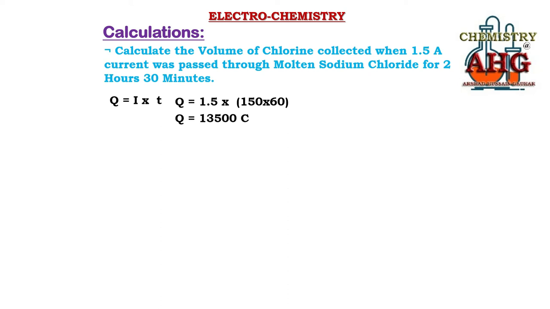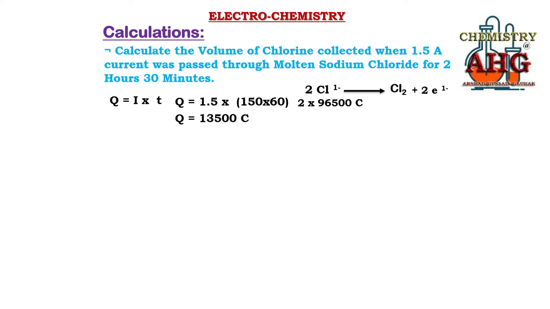Now you are supposed to write down an equation. Since in this case chlorine is a non-metal, we will have to write down an equation for oxidation of chloride. Oxidation of chloride can produce chlorine. So you can write this equation. Chloride can produce chlorine by the loss of electrons. You can see 1 mole of chlorine has been produced with the help of 2 moles of electrons. So what relationship can we make from this equation? 2 into 96,500 coulomb, that is the charge carried by 2 moles of electrons, and it is equal to 1 mole of chlorine gas.